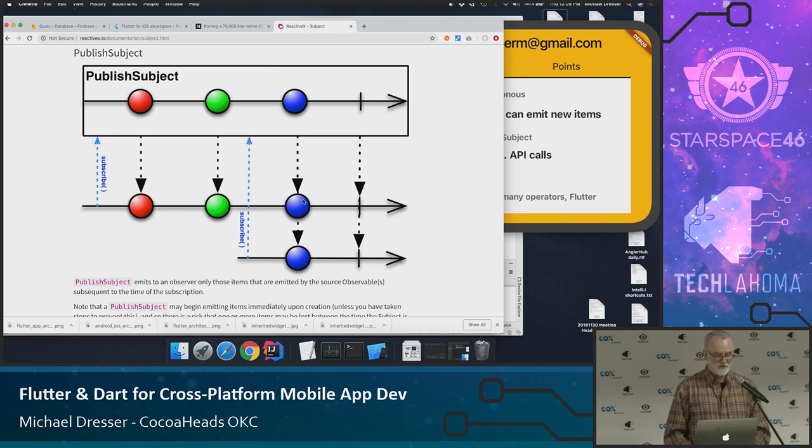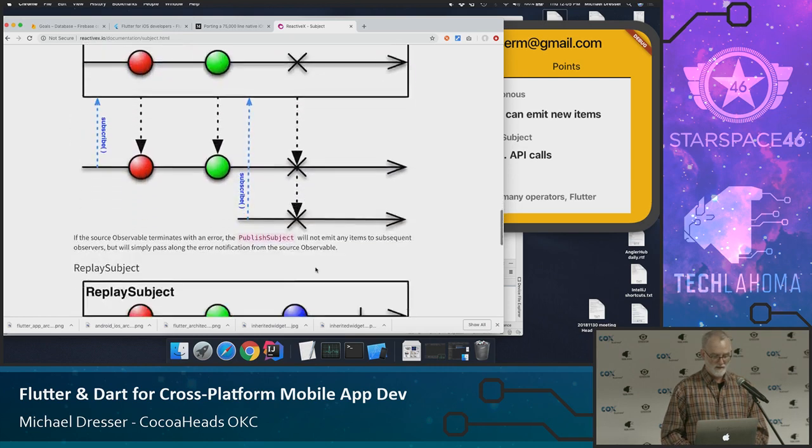Below are subscribers that now want to listen to that stream. If an observer subscribes here, they're going to get each of those emissions coming out the stream, okay? If you subscribe later, you'll just get what has come along since you subscribed. So all the preceding events are gone, right?